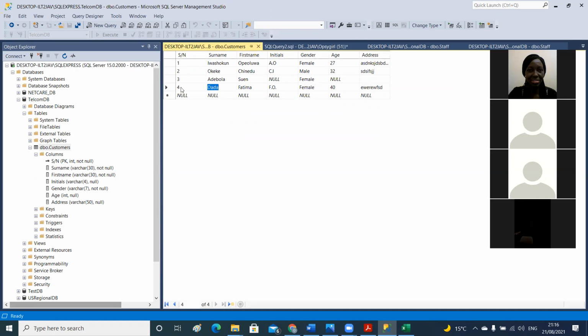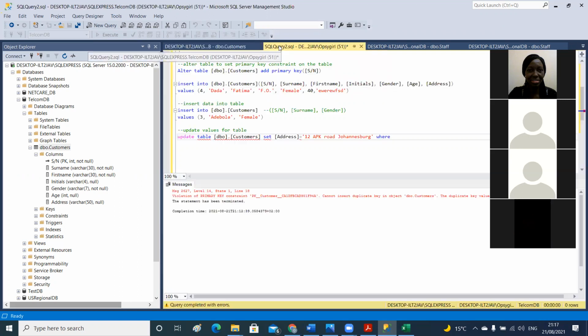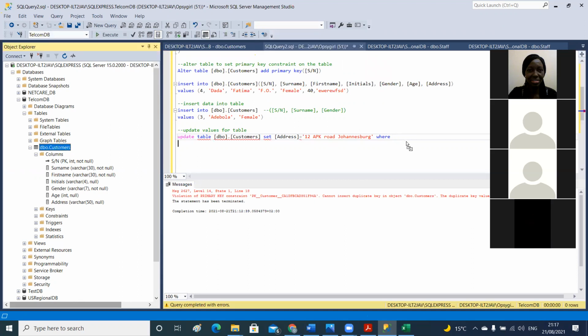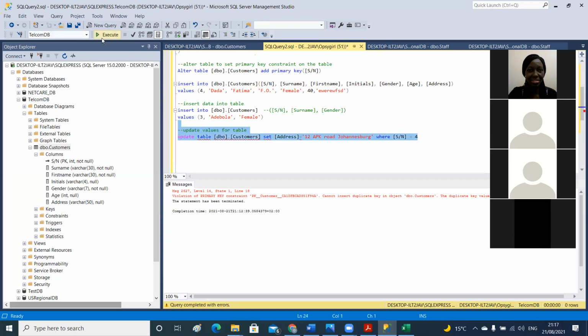And I would need to look for something unique to identify the record. I can use serial number. So I'll say where serial number equals 4. Right, so when I click to execute this,